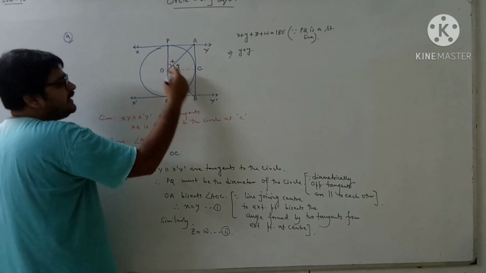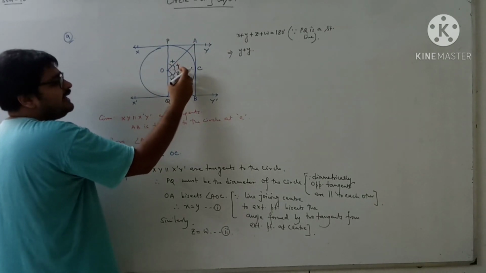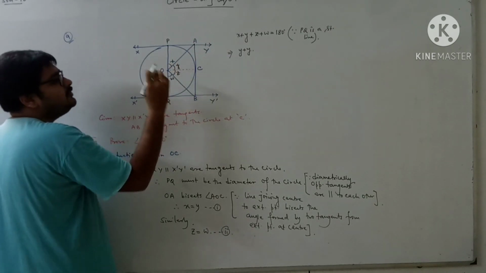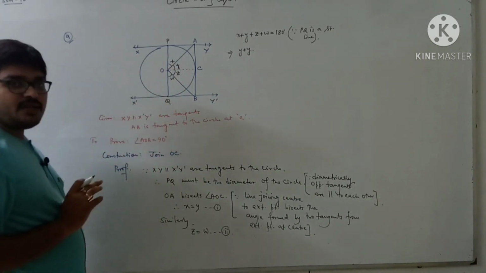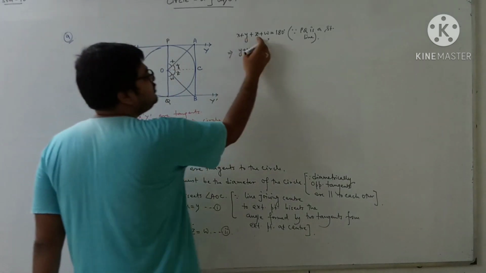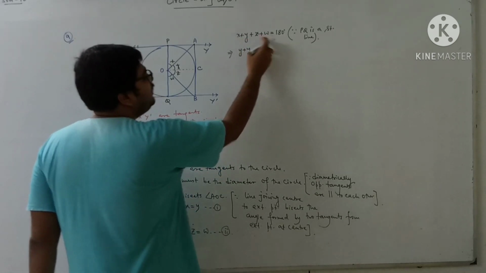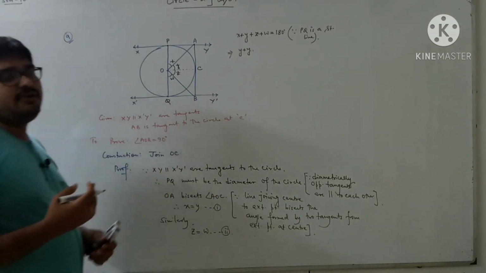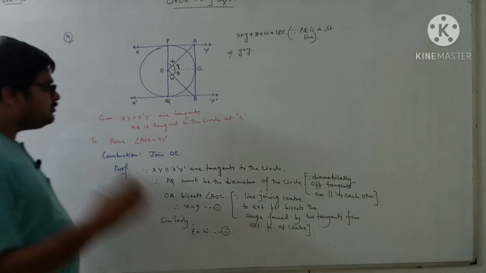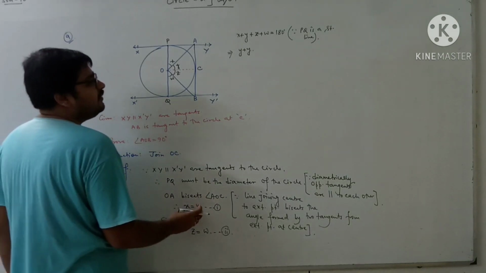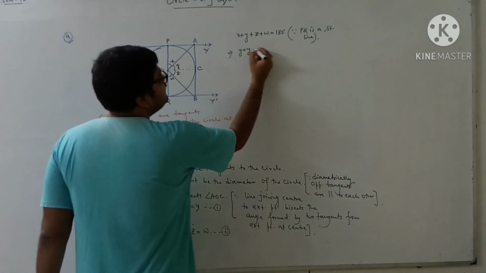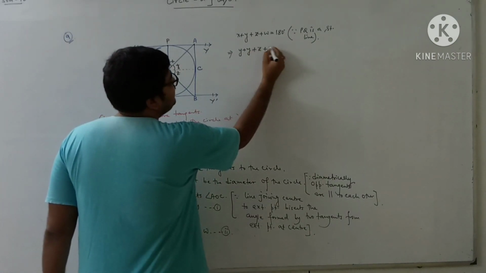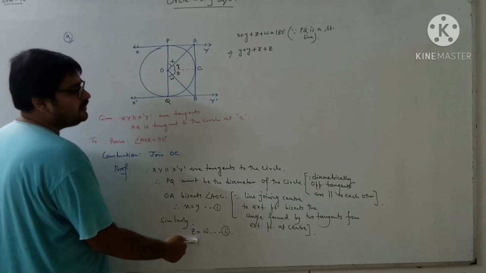Angle AOB means whatever the names are there in angle AOB, y and z, I need to transform everything except y and z. So y and z will keep as usual, but whatever the x and w are there, we have to think whether we can convert them in y and z or not. As we have proved earlier that x and y are equal, so instead of x we can write here y. Similarly, instead of w we can write z, because z and w are equal, we have proved in number 2.